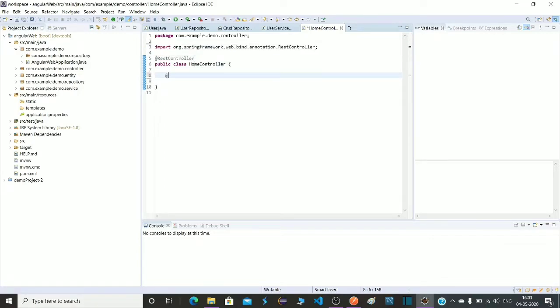Now we have to import our service class here. For that, I am creating an instance of the UserService class. Let me fetch an instance of the UserService class here. UserService, make it private.